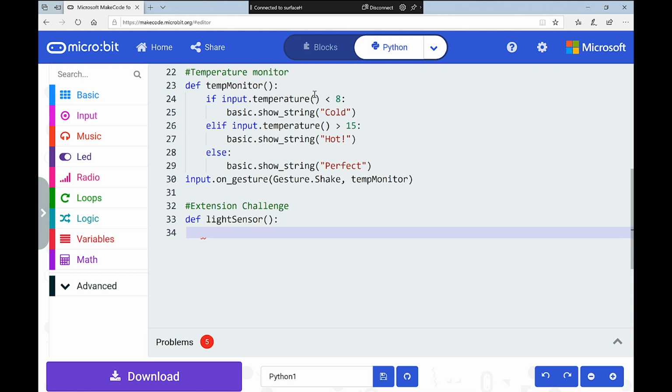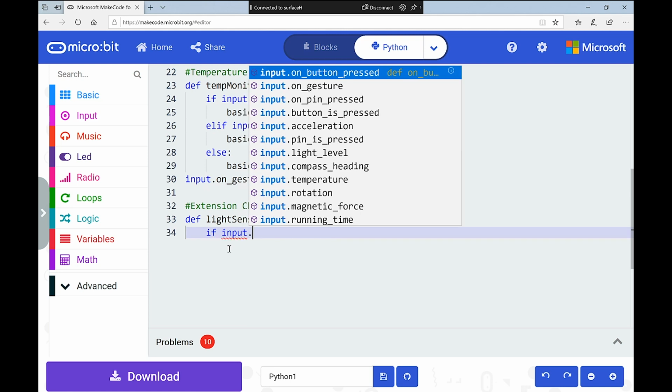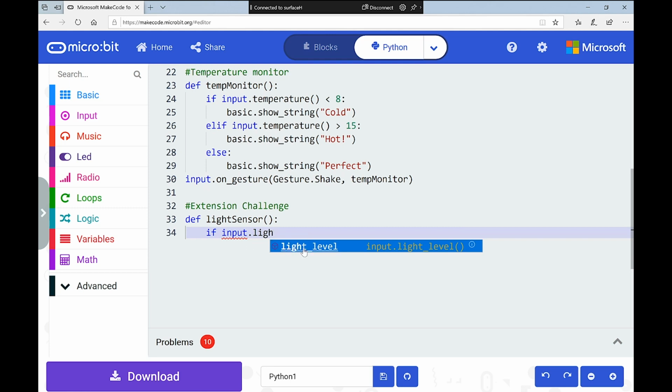Now, if I use my guide up here for temperature, it's going to be very similar, except obviously it's not temperature, it's light, and the numbers are going to be slightly different. We're not talking about degrees Celsius here. So let's go with our first condition, which will always begin with if. This time instead of the input of temperature, it's light, so I'm going to type input because I'm still taking this from my input menu. It's still information that the Microbit's taking in. Except I'm going to do dot light, and you can see it's coming up here for me, light level, which again is an inbuilt function. I know that because of the brackets, okay?